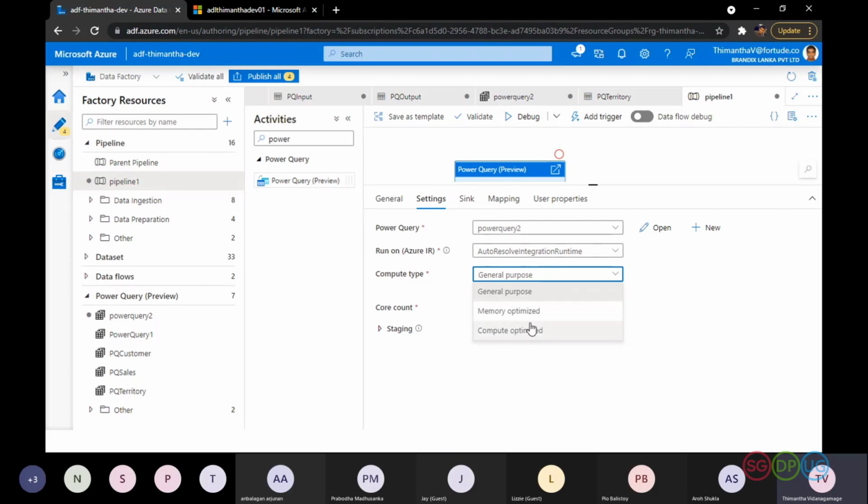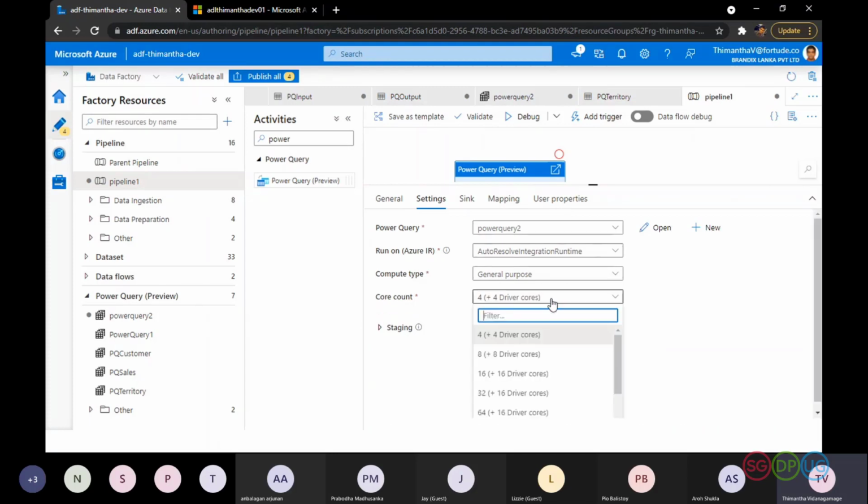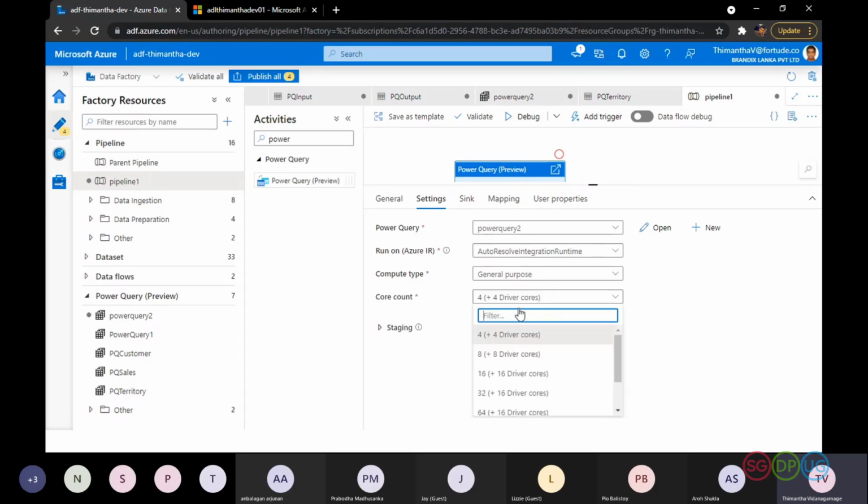So based on whether you want to go about it casually, like for research and development, or whether you want to give it more RAM or more CPU, you can select your compute type accordingly and work on it accordingly. And also there is something called core count, which decides the number of cores that you can give. As far as I remember, you can go up to 256 cores and